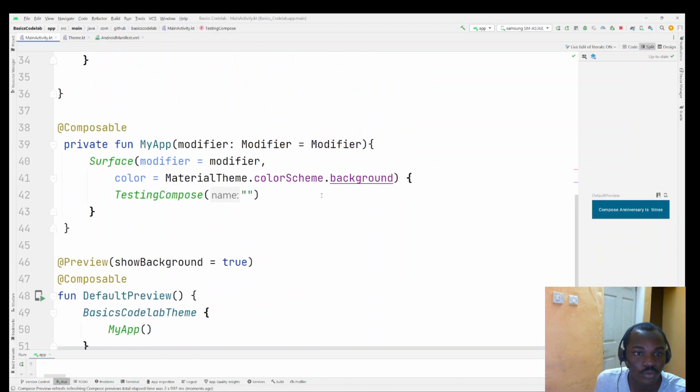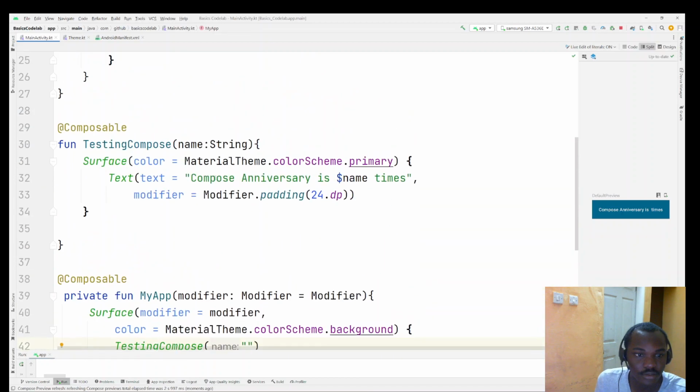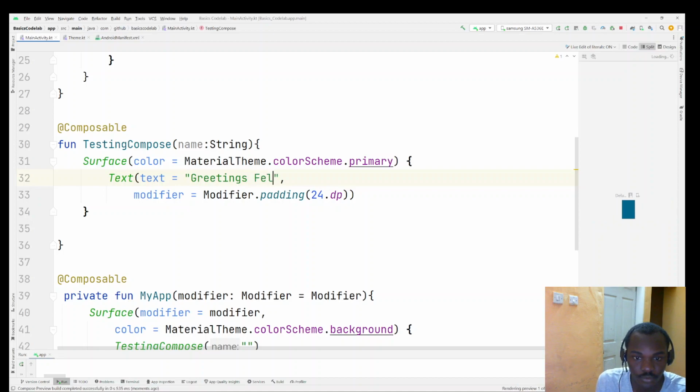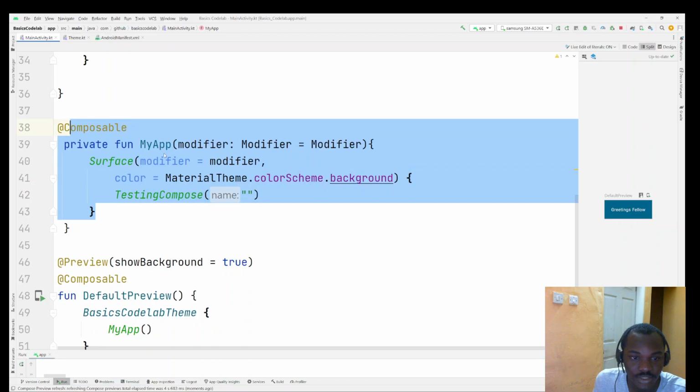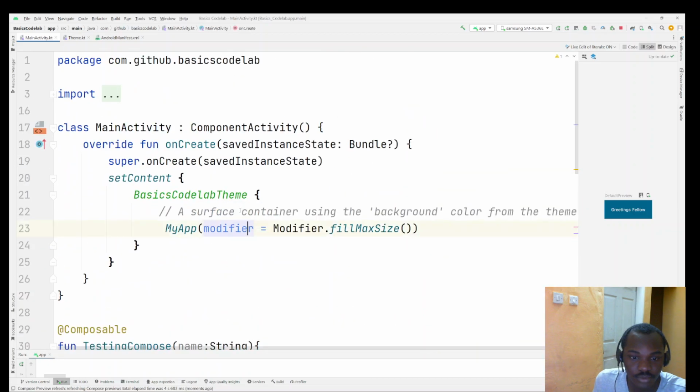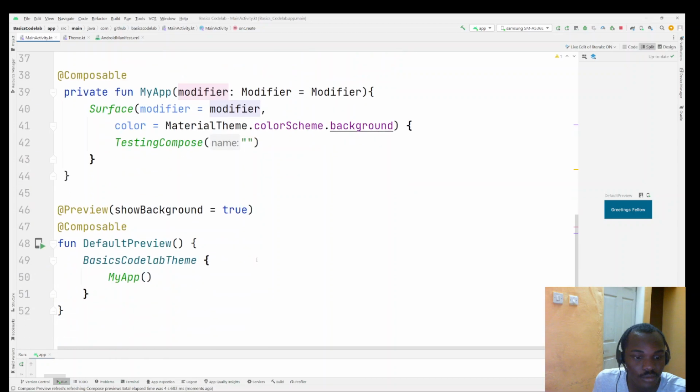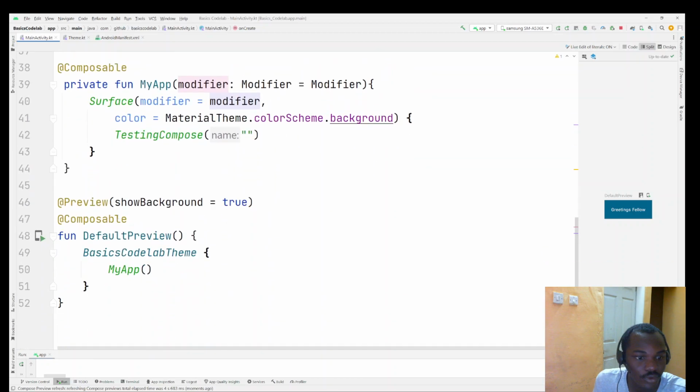Oh, so my hub is already that. So I can come here and say greetings fellow. Just want to do it differently. Greetings fellow. So this doesn't matter. This will be when I want to run the app, which is what is important there. But now for the preview, I'm previewing